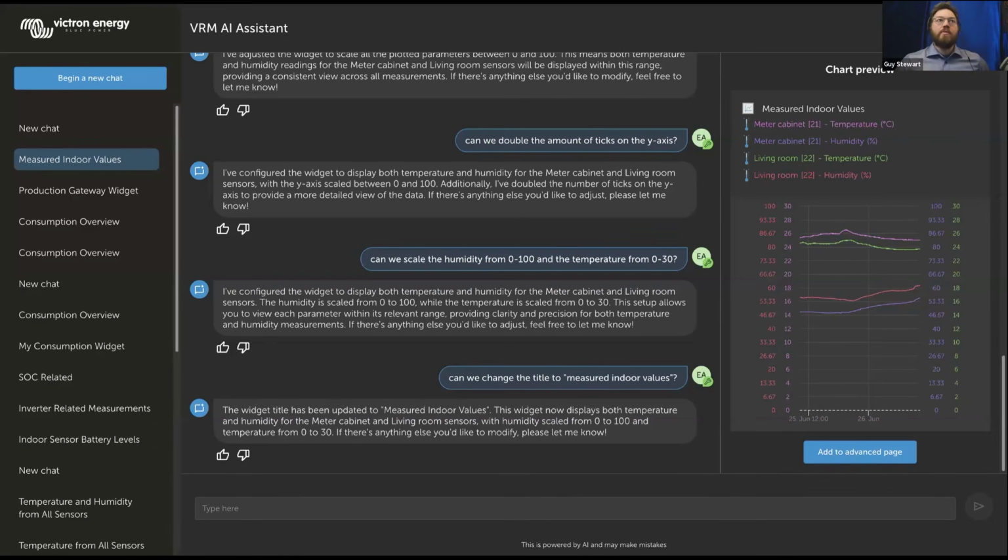Yeah. Copying widgets over from one installation to another and managing that is part of fleet management. Relay has a lot of systems that are all the same. So they're producing a product where Victron is inside and lots of them are all the same, and they manage them all and they want all their advanced pages to look the same. And we have tools for copying it all over all the time.